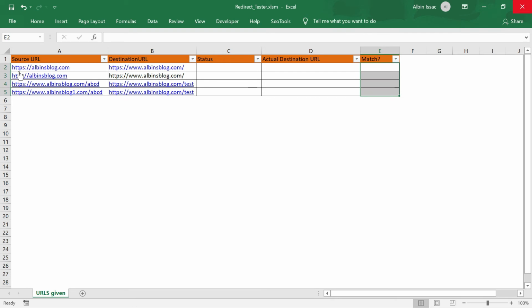In the source column, you need to specify the URL that is getting redirected. In my case, for demo purposes, I am using my blog URL. Whenever I use https://albinsblog.com, the expected destination URL is https://www.albinsblog.com with a slash. In the same way, if I give http, it is the same thing. Then if I give something like www.albins.abcd,